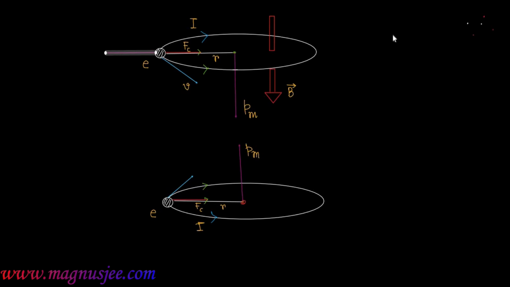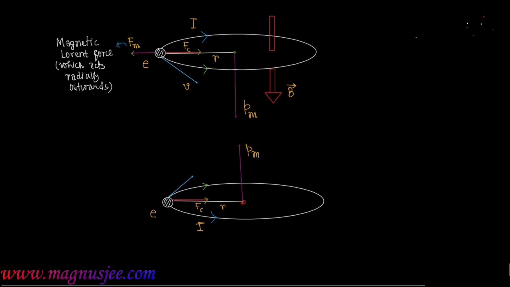In this case, for the electron revolving in the anti-clockwise direction, the magnetic Lorentz force Fm acts radially outwards. Fm is the magnetic Lorentz force which acts radially outwards for the electron revolving in the anti-clockwise direction. For this type of electron, as the magnetic Lorentz force acts radially outwards, the centripetal force Fc